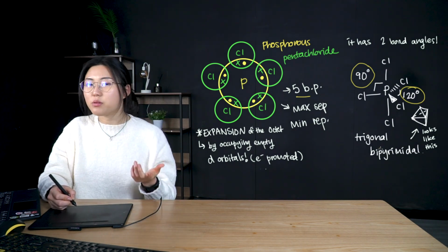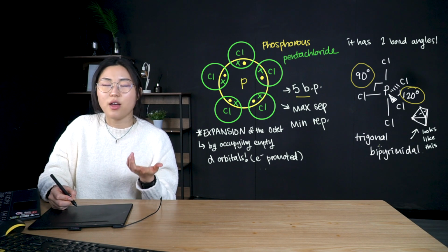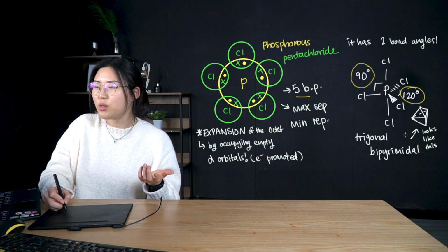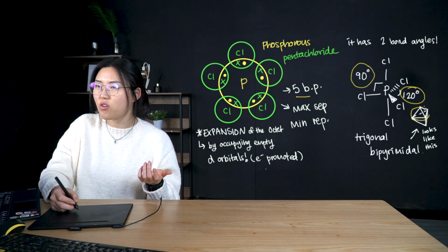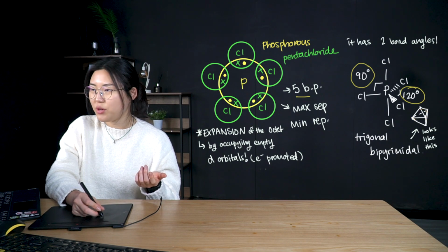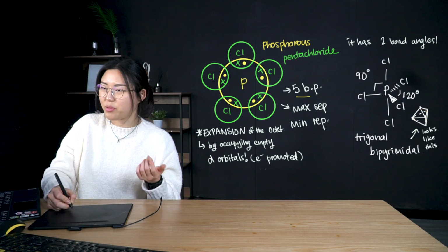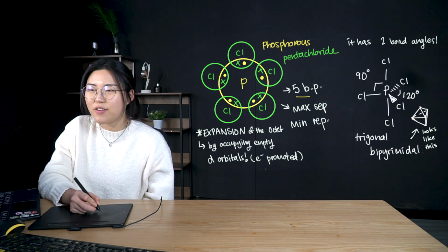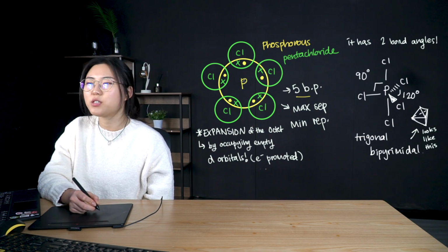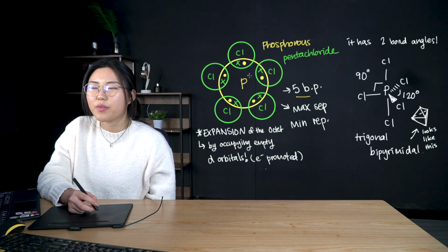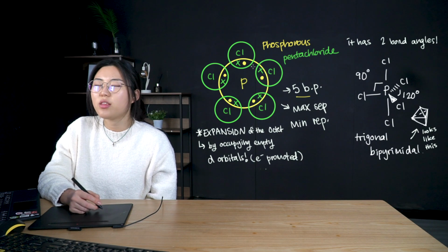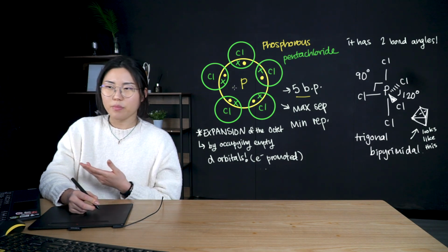So it's a bipyramidal, and it has a 3-point base, right? So it looks kind of like this. I tried to draw it. I'm not sure if you can figure out properly. Anyways, and also if you can see the phosphorus pentachloride over here, when we draw the just conventional dot and